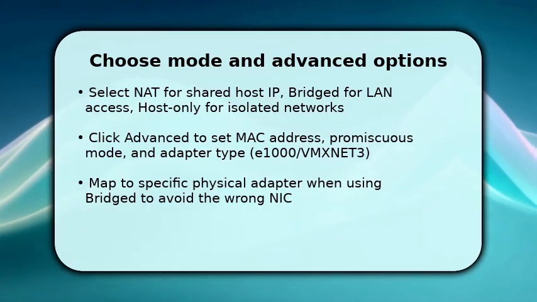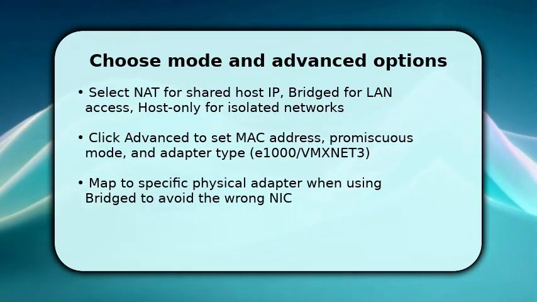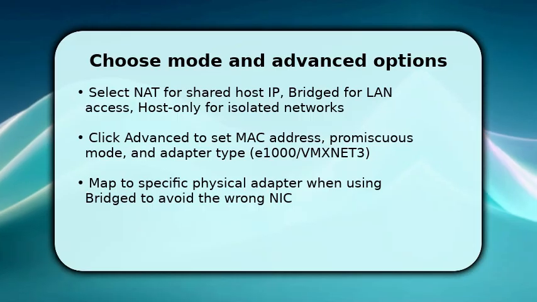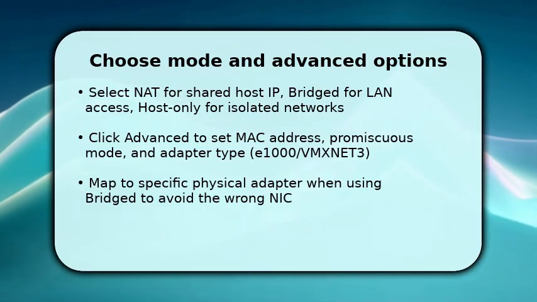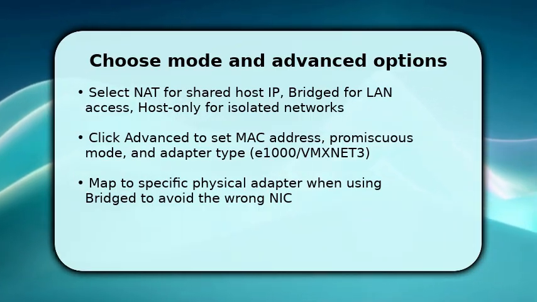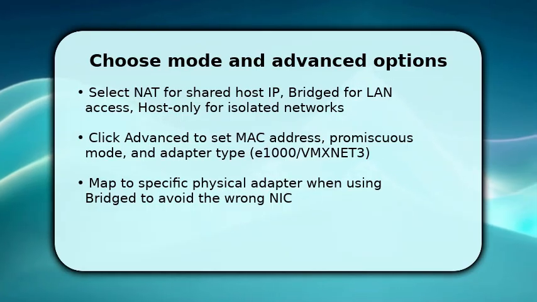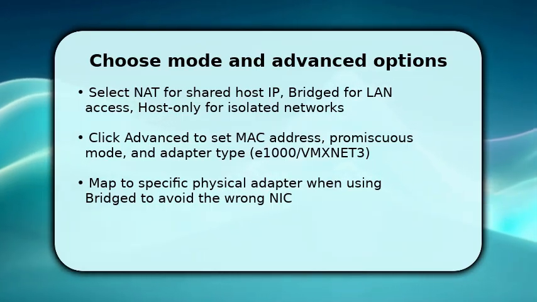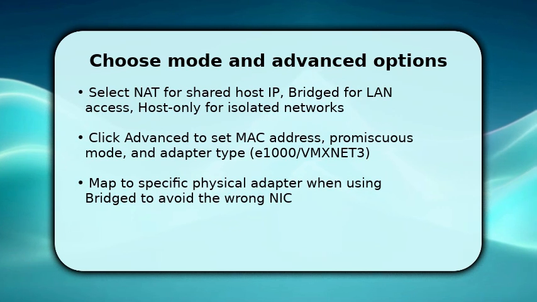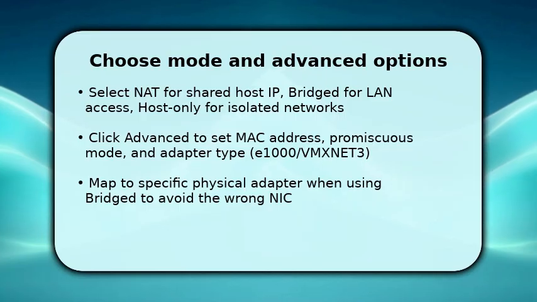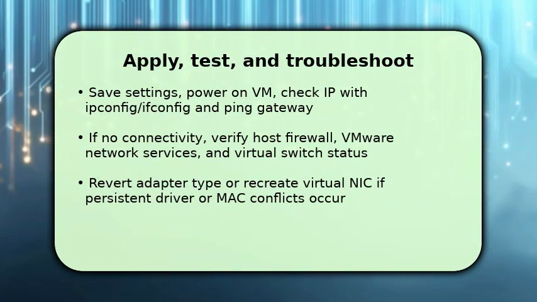Click Advanced to set or spoof a MAC address, toggle promiscuous mode, and pick VMXNet 3 for performance or E1000 for compatibility. If bridged is chosen, explicitly map the VM to the correct physical NIC to prevent routing to the wrong network. Apply your changes and power on the VM, then verify networking using ipconfig or ifconfig and a ping